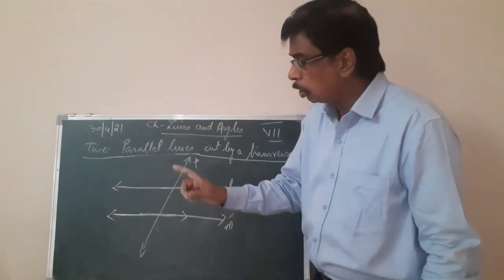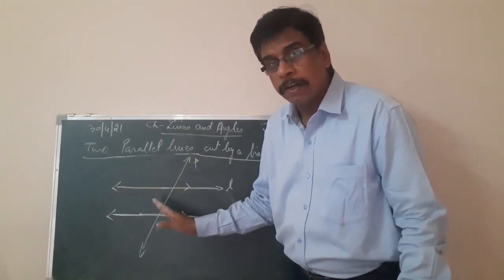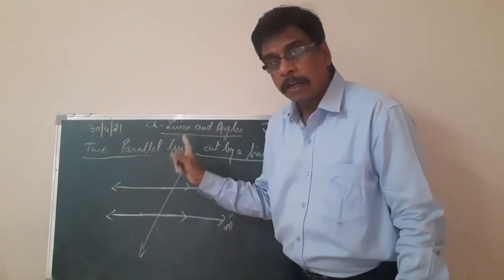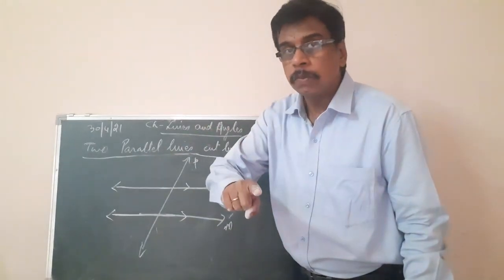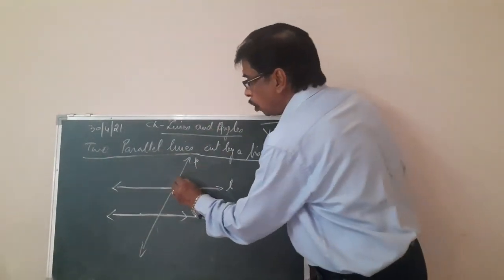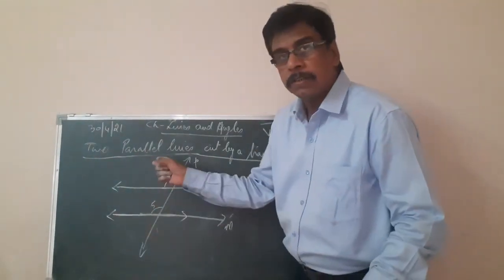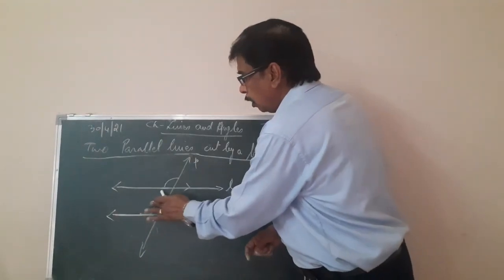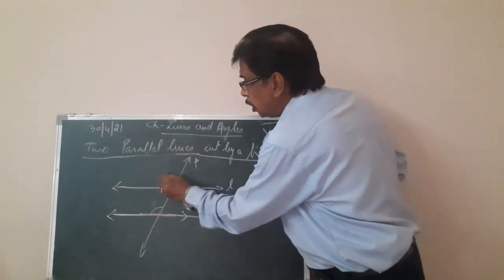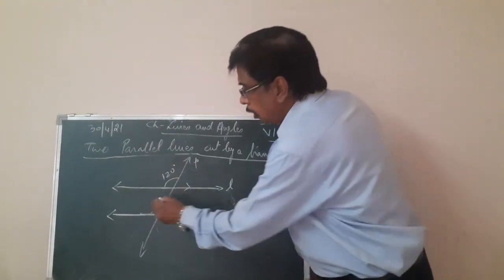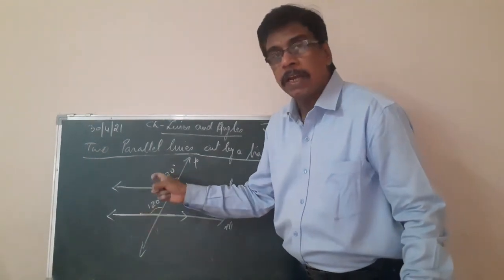This is what is possible only if the lines are parallel. So if two parallel lines are cut by a transversal, then corresponding angles become equal. Now for example, we know corresponding angle, this is 1 and this is 5, suppose. These are corresponding angles. Don't need of giving a name. These two angles are corresponding angles. If this angle is 120 degree, then this angle will also be 120 degree because corresponding angles are equal if